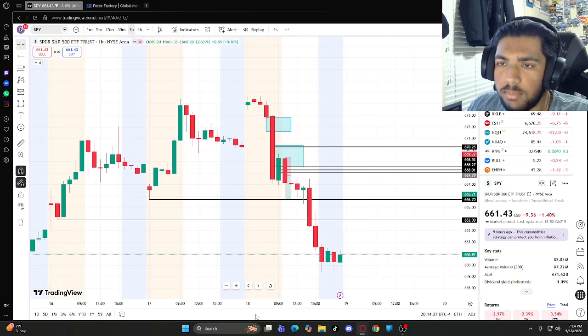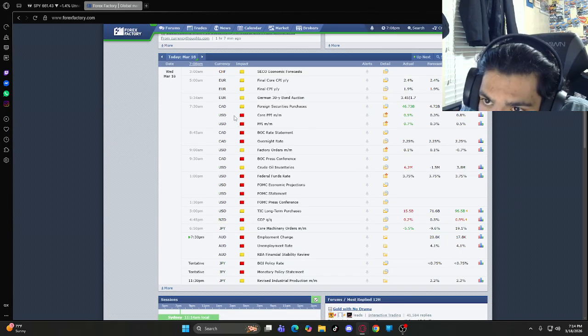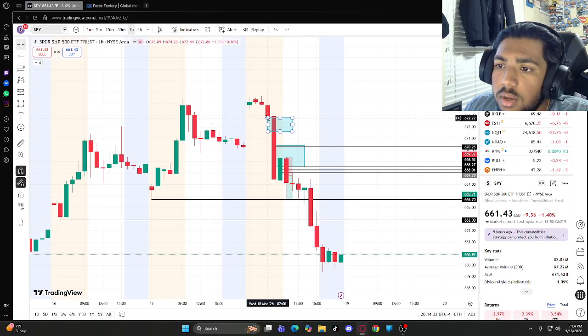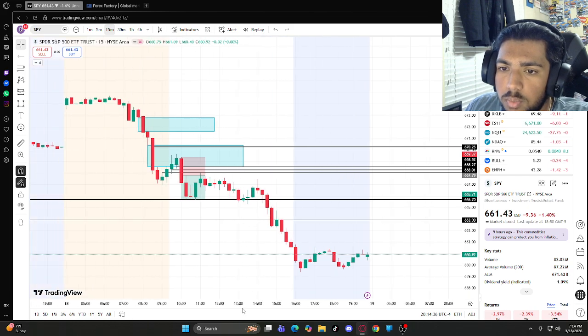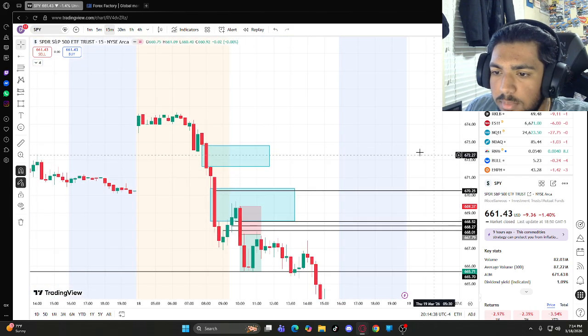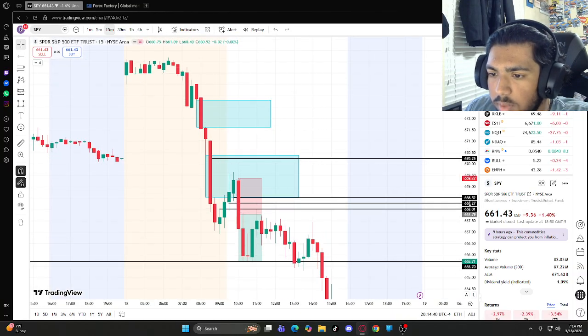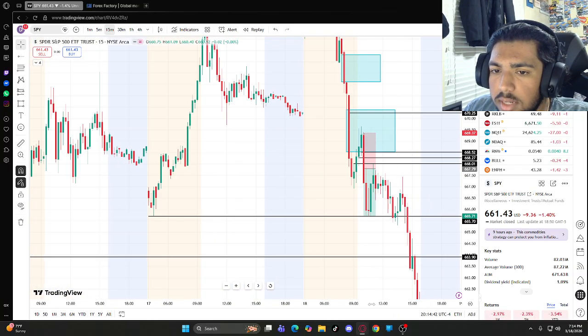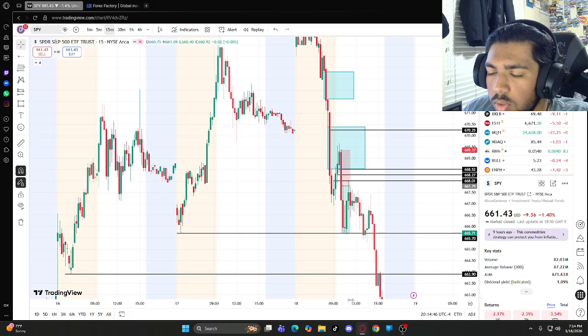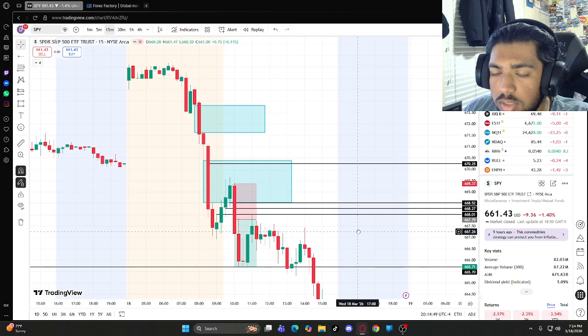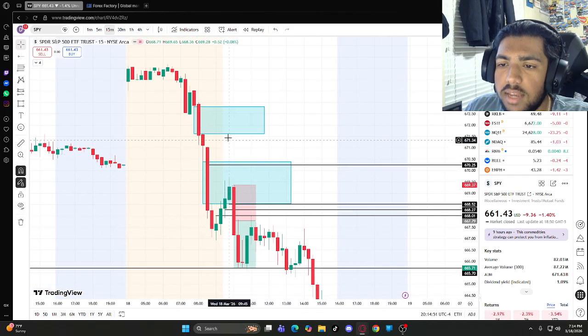So we come in, and because of these pre-market red folders right here at 7:30 in the morning, we end up getting a big rush down. Once pre-market opens, we see that pre-market has two 15-minute fair value gaps stacked up right here. My daily bias going into today were these lows right here, targeting these lows. So we were able to target these lows successfully, and because of that, we had a fill of this 15-minute